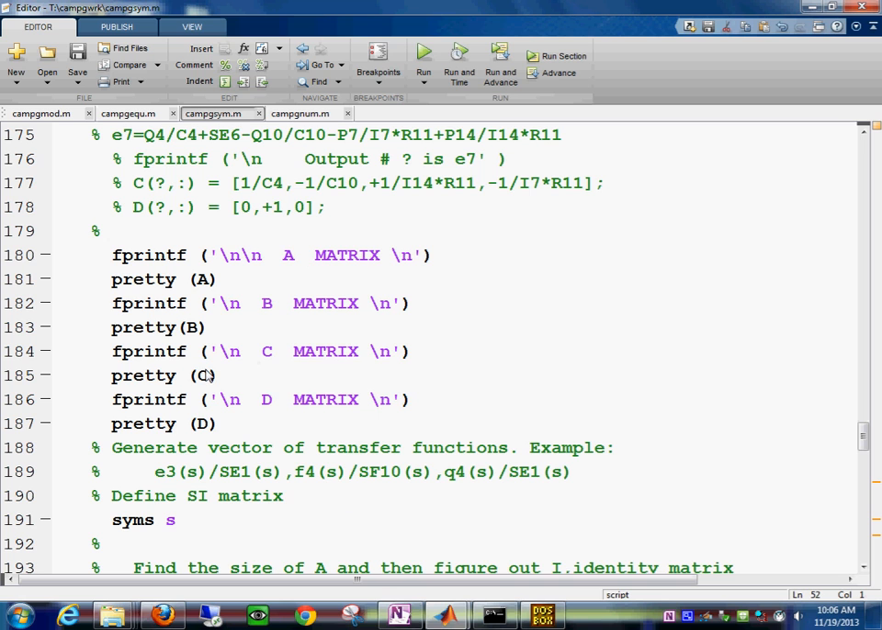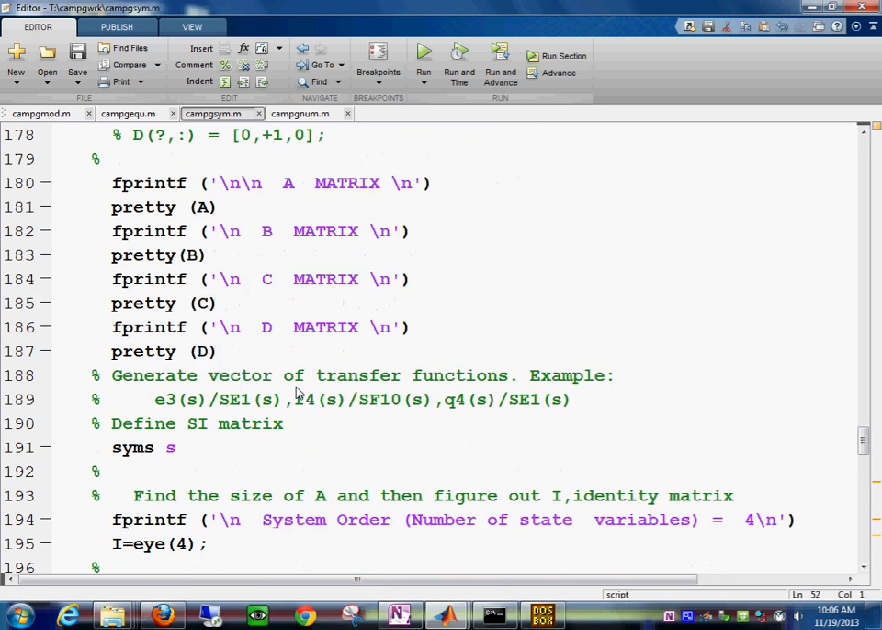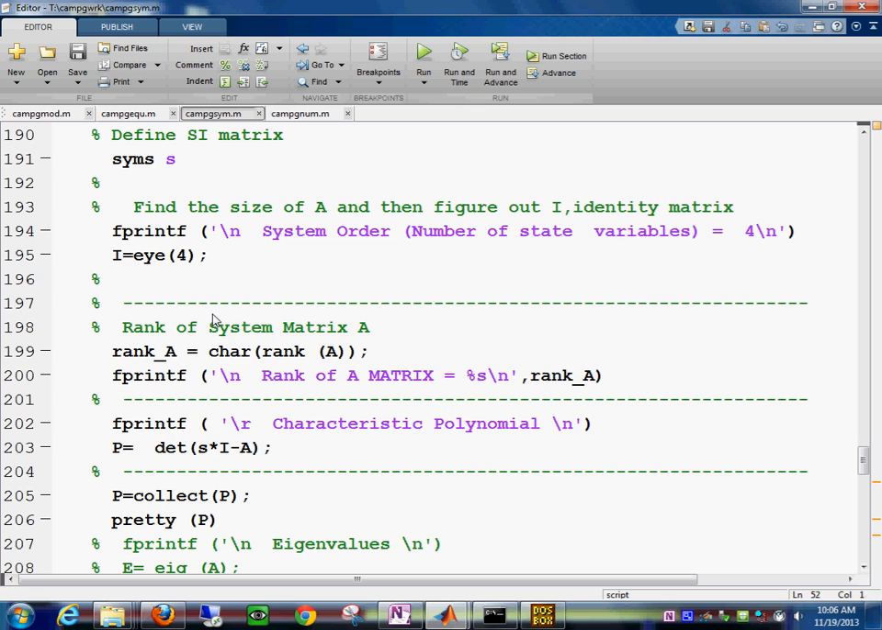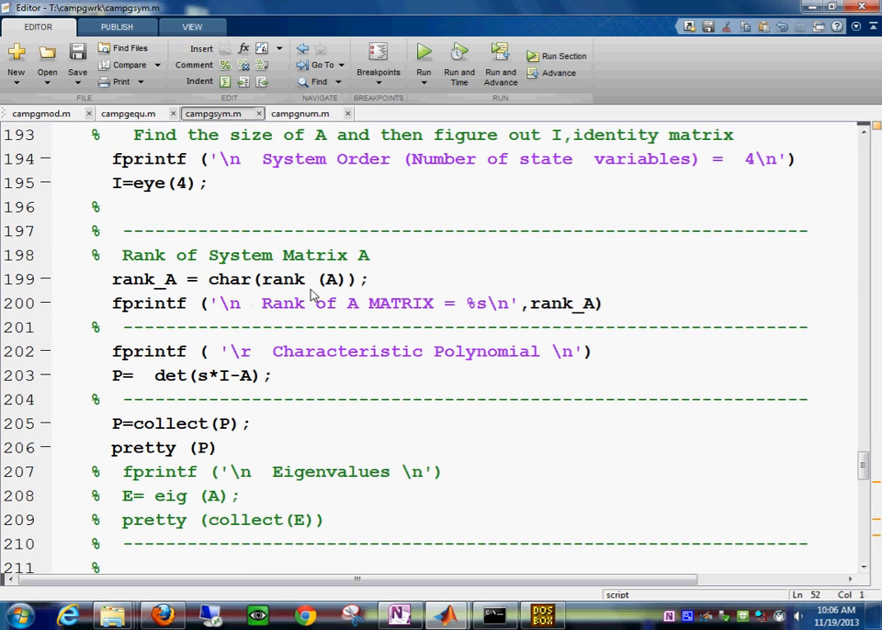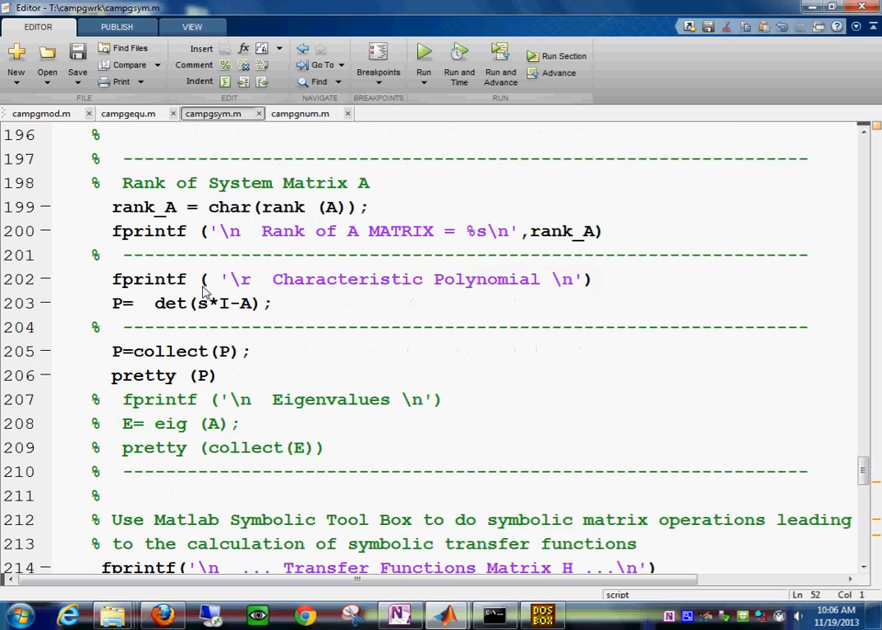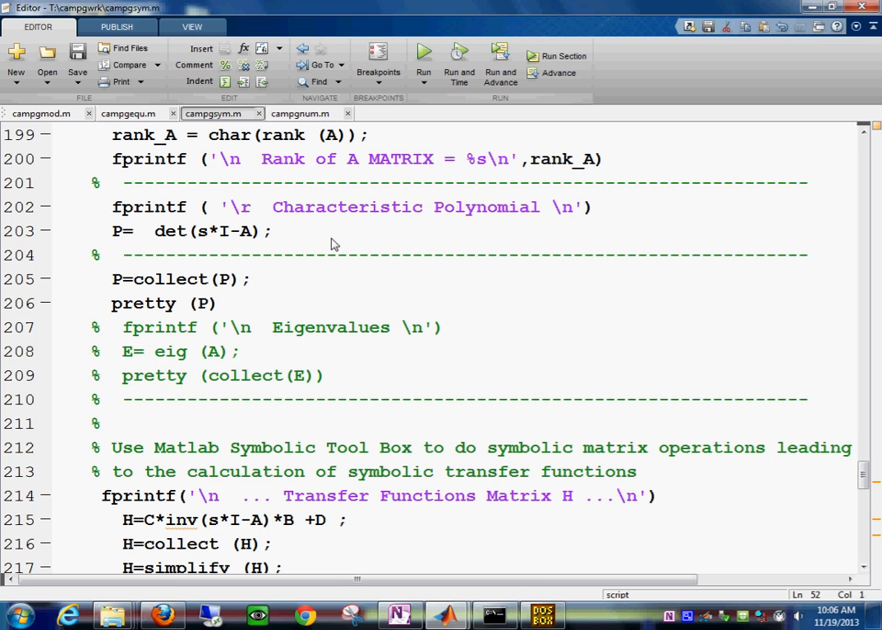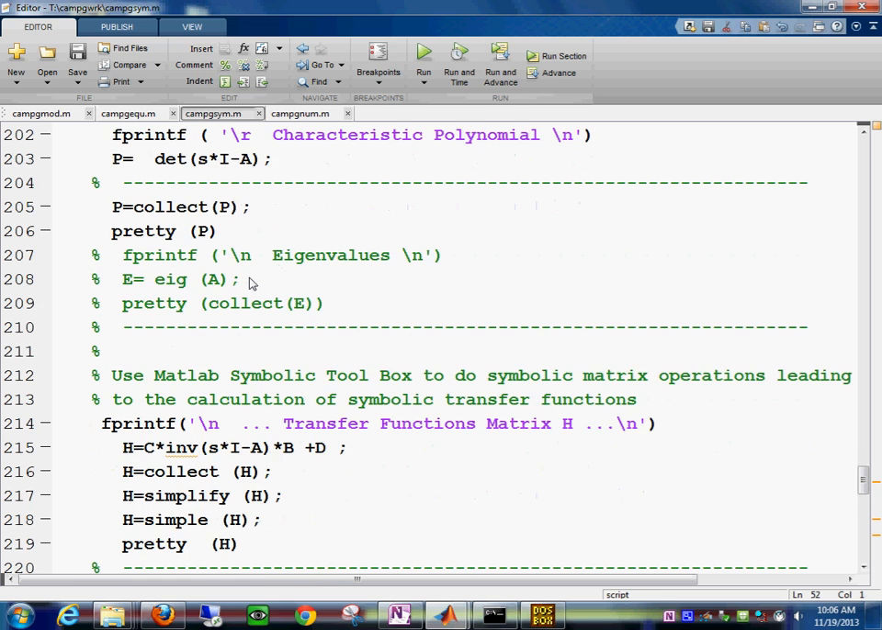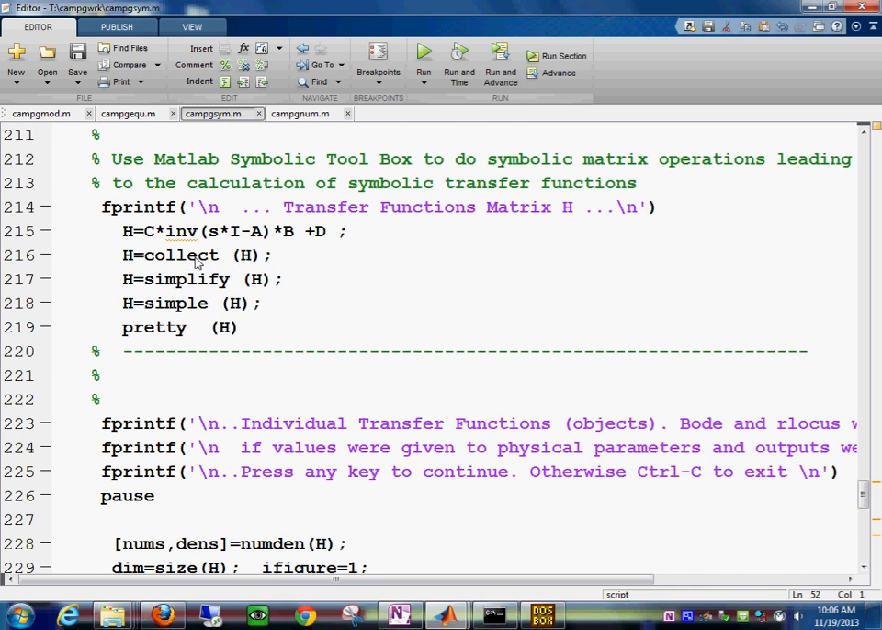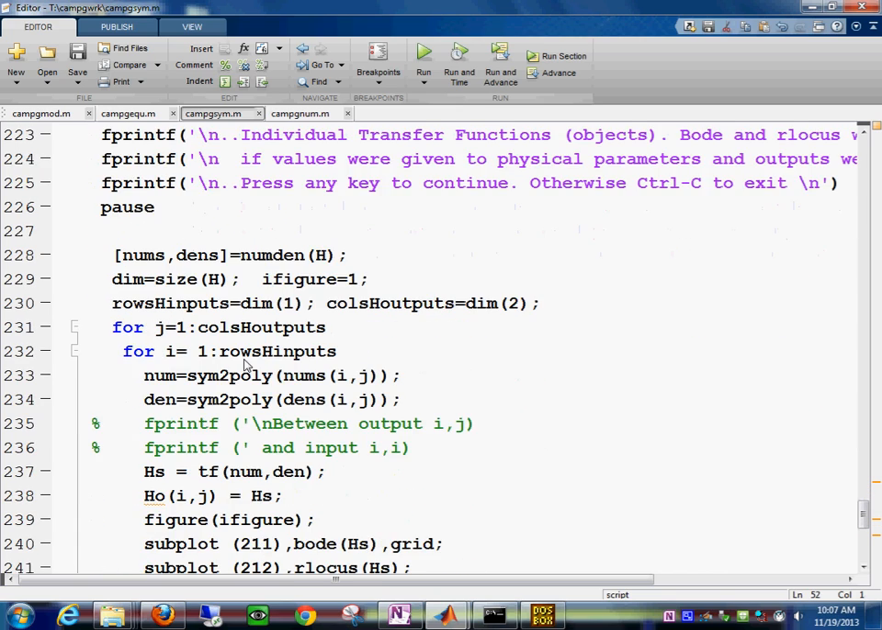But think about this. It prints the matrices, but it is already designed to do a few things beyond just producing the matrices. First of all, it will give you the rank of the matrix, and it will produce the characteristic polynomial of the system. Now we need to talk a little bit more about this. And then it will produce the transfer functions,